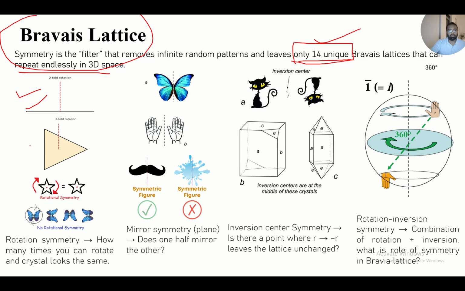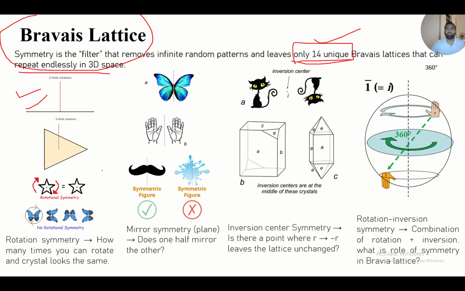But if you rotate it by, let's say, 90 degrees, and it looks the same again, and then you divide 2 pi by 90, you will come to know that it's a three-fold rotation. And in case of 4,